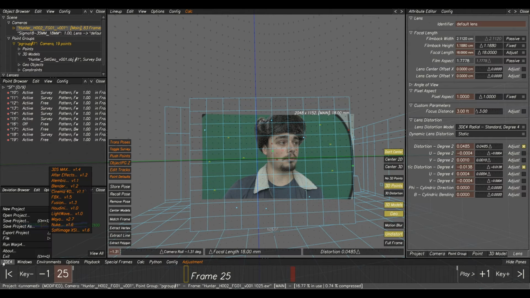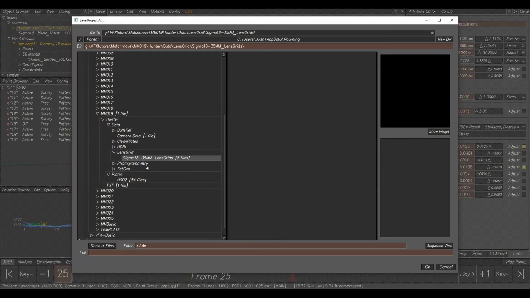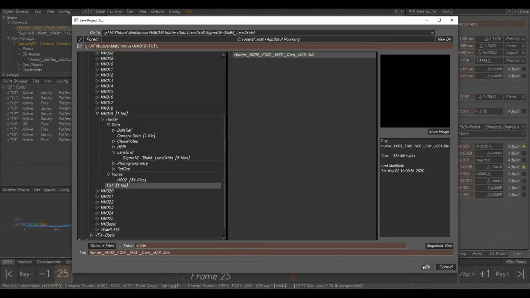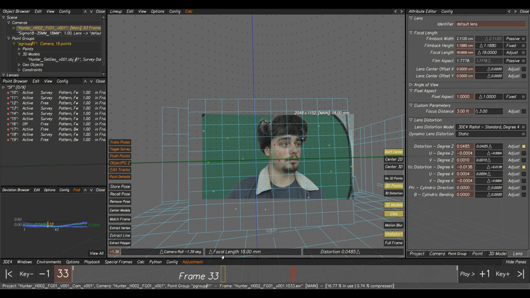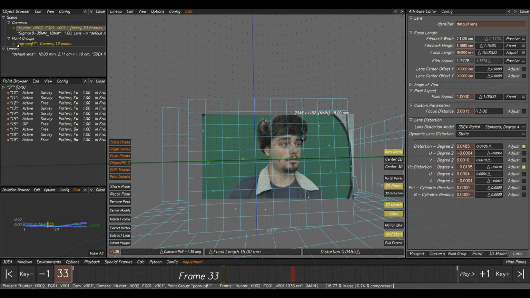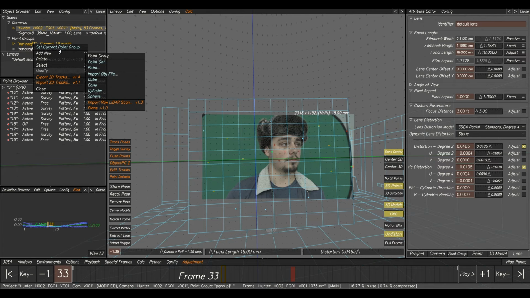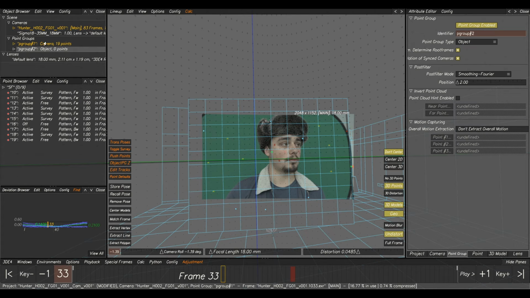So if we go to 3D4 and click Save, and I'll just overwrite that one, we're done with this. So our next thing would be we need to track our face and bring in our geo for our head. So first of all, we'll go to our point groups at the top left, right click and add new, and select point group, and that will make a new point group in our point groups,